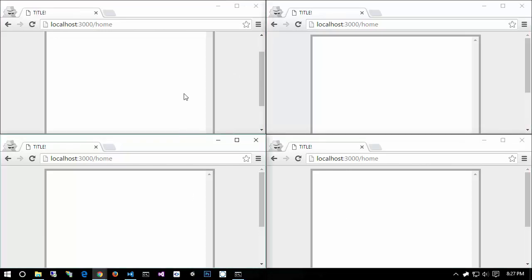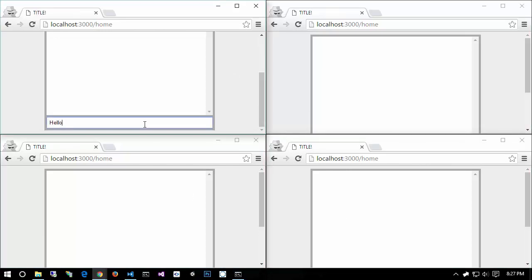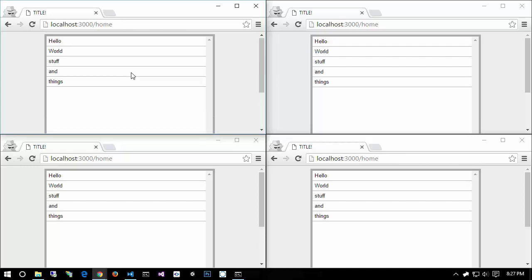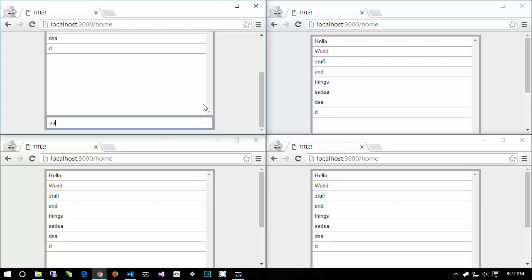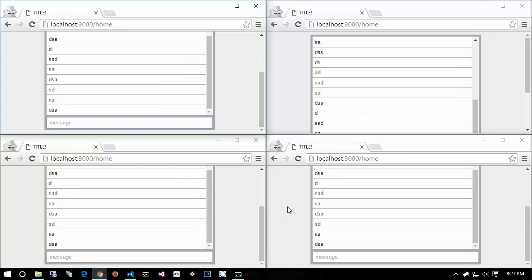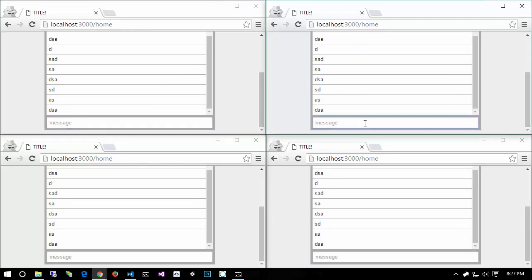And let's type in a message. Hello, world. Stuff and things. So we can see that by typing this message down here, it's going to everyone. And if I type in so much that it starts to scroll, it always scrolls to the bottom. So now any of these chat clients can send this message. Blah, stuff,